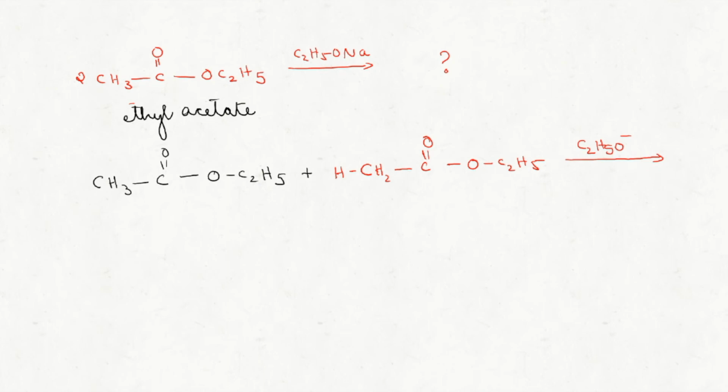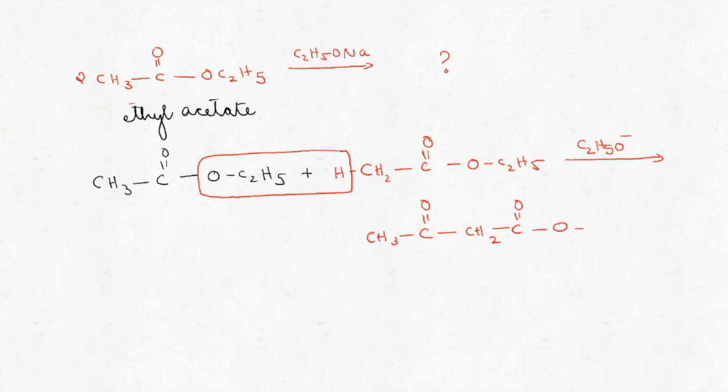What will be the reaction? You can eliminate one molecule of alcohol like this. So you will be getting C2H5OH. Once you are eliminating that, whatever is remaining, attach it together. What will be the product of the reaction? CH3, C double bond O, which in turn is directly attached to this CH2 group. Then C double bond O, O, C2H5. See, we got the product of the reaction so easily. Ethyl acetoacetate will be the product of the reaction. So without writing the entire mechanism also, for a multiple choice question, you can predict the product of the reaction using this shortcut method.